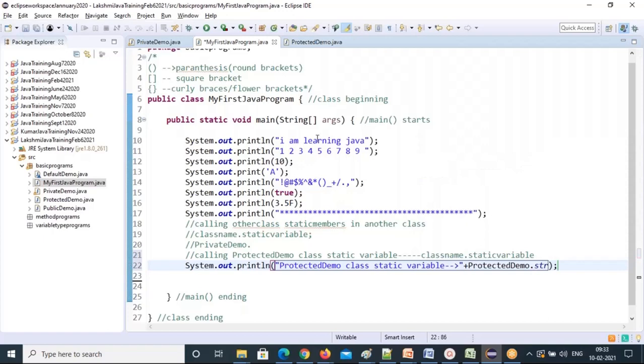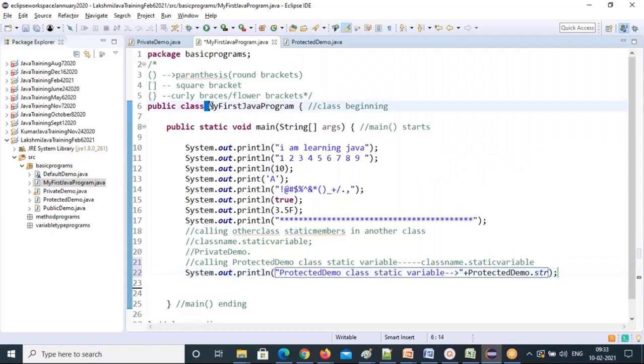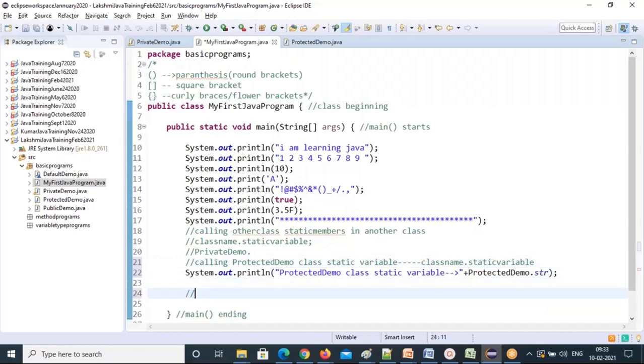That's what I did. The str you didn't define here. Did you define str in this class? No, right? From where am I calling? From this class. Why are you able to call here? Because this str has the protected access modifier. So protected permission where? The same package, any class. In the same package, any class you can use. What is the formula if you want to use any class? Class name dot static variable. Now I'll call. Is it clear?